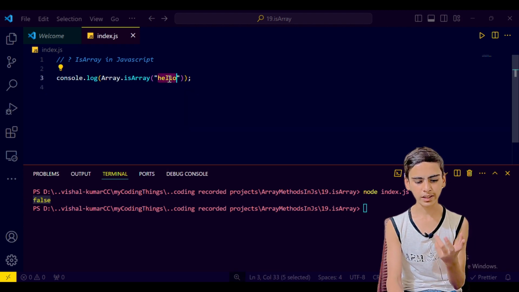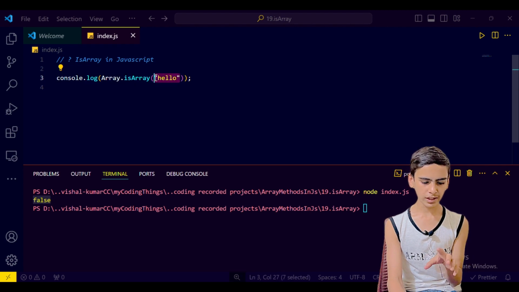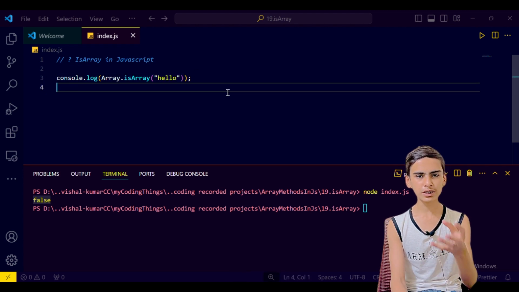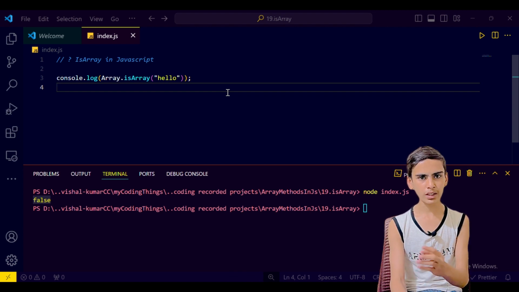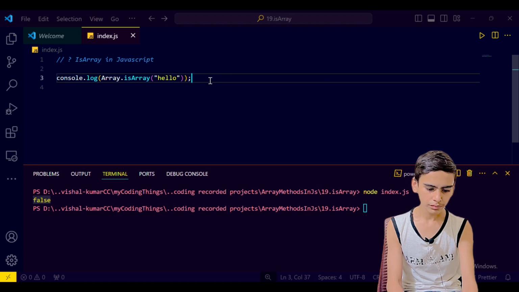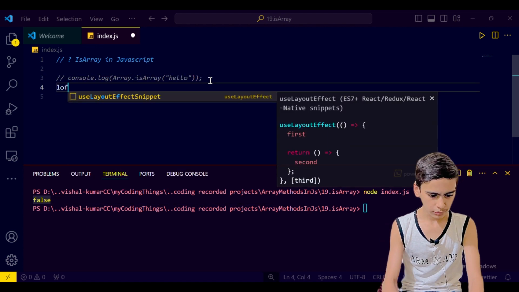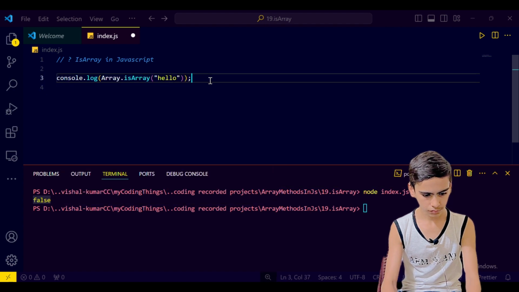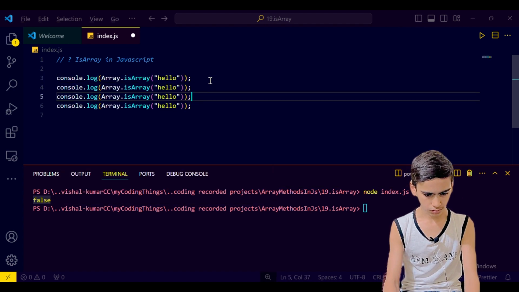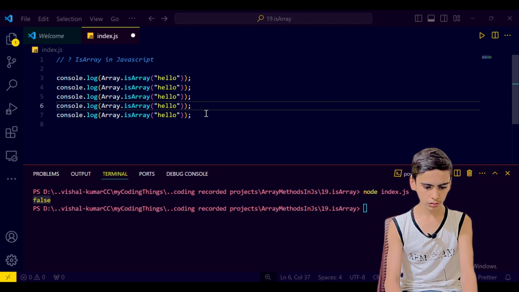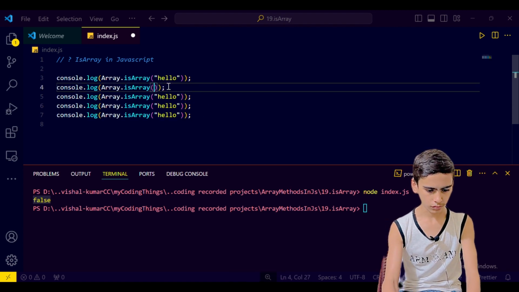But it can be used if we are fetching data from somewhere and want to check if the data has come in an array or not. I'm not giving you that example, you can try it out, but I'm going to use these data types and tell you which one works.